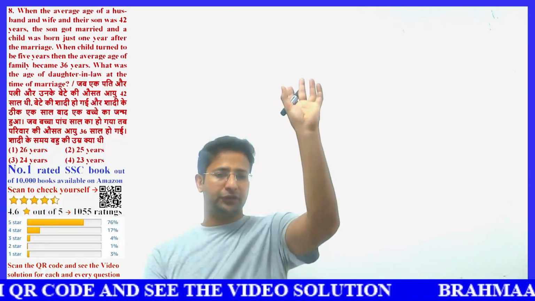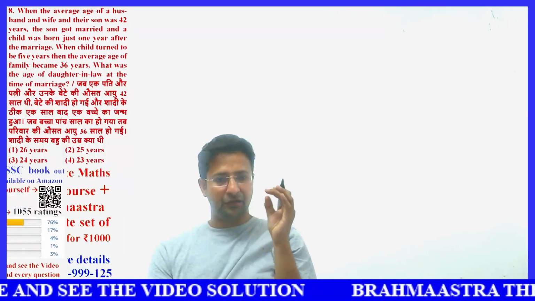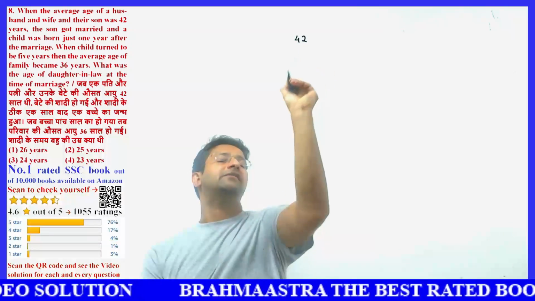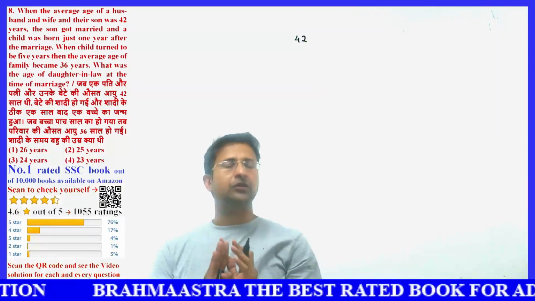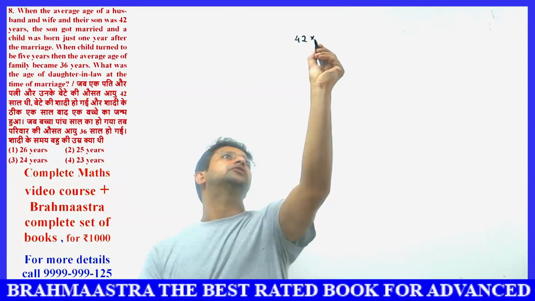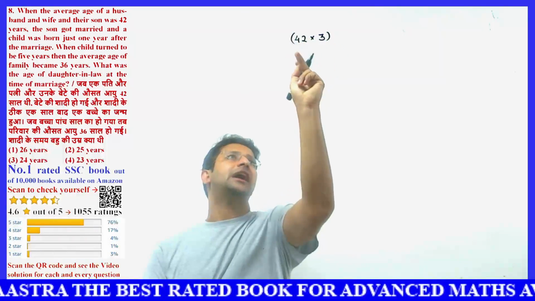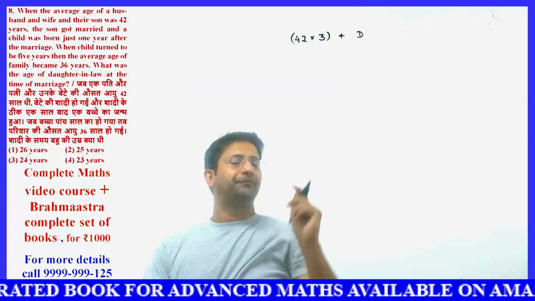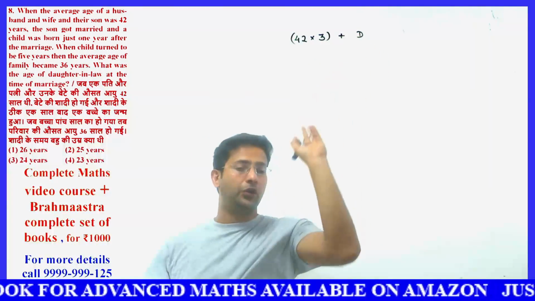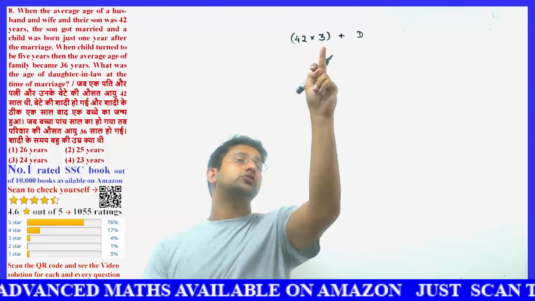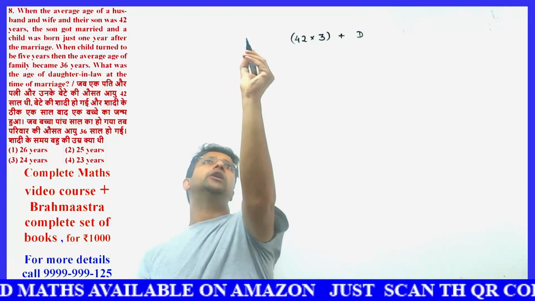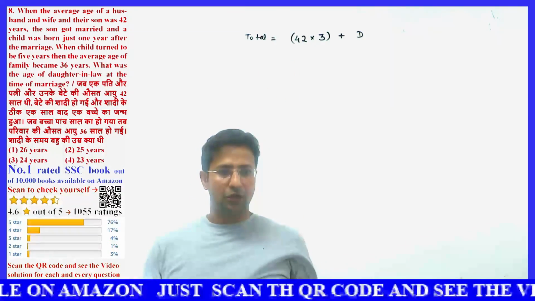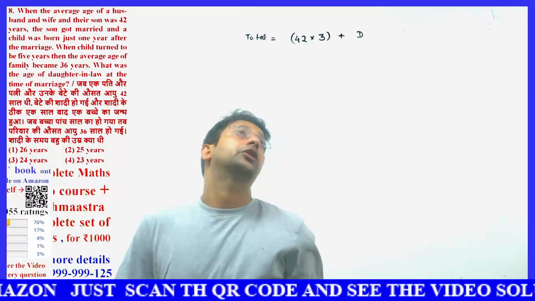See, let's say first of all, there are 3 people, husband, wife and their son. At some point when their average age was 42, the son got married. So first of all, the initial family had this total age. Then there is an induction of a daughter-in-law. The son gets married, a daughter-in-law is introduced into the family. So their total age was 42 into 3. Right now I'm writing only total age. Everywhere I will be writing total age. Okay, 42 into 3 plus daughter-in-law.